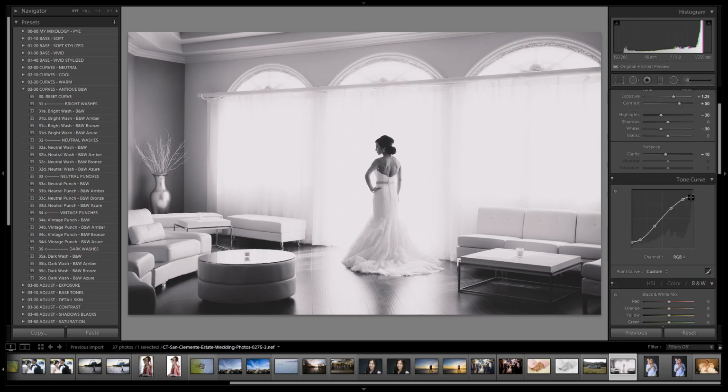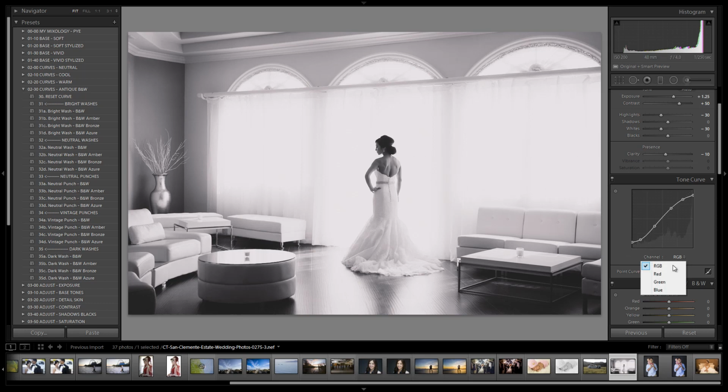Now, going down to our curve, again, with this vintage punch curve, we are clipping highlights. We're boosting contrast in the mid-tone highlights, and then kind of pulling it down the whites. This is really more whites than highlights, I should say whites. Then in the shadows, we're pulling it down in the mid-tone shadows to create a little bit extra contrast, and then pulling up the blacks to decrease the black midpoint, or to decrease the blacks basically in the image. It essentially allows us to clip some of the blacks and create a fade when it drops in those deep